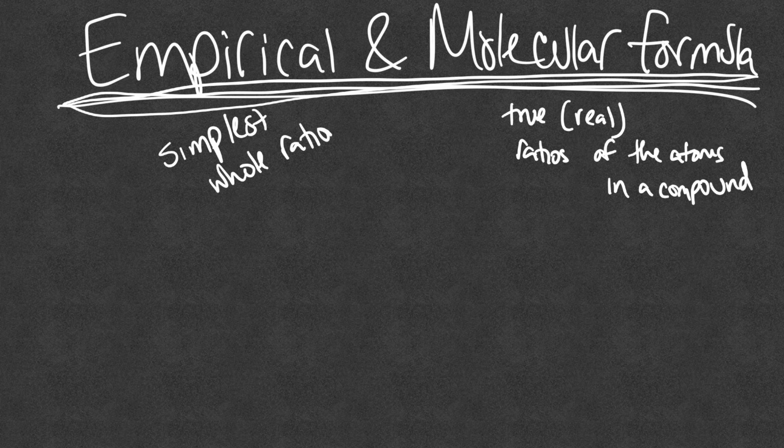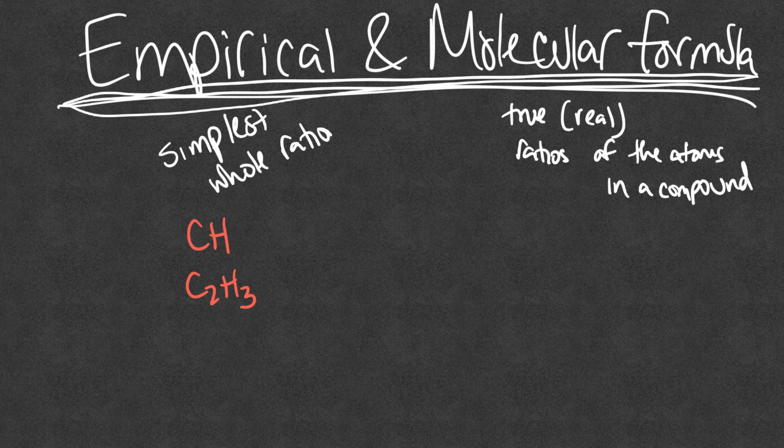So empirical formulas, once again, are simplest whole number ratios. For example, CH, this is an empirical formula. C2H3, empirical formula. Simplest whole number ratios. Our molecular formulas, it's just a real thing. It could be anything. So for example,